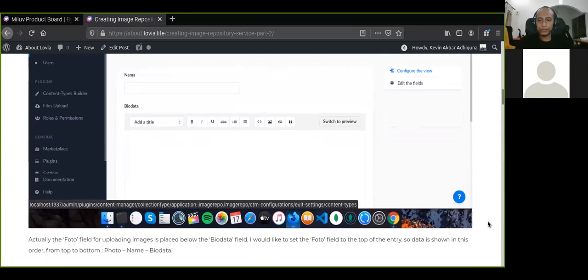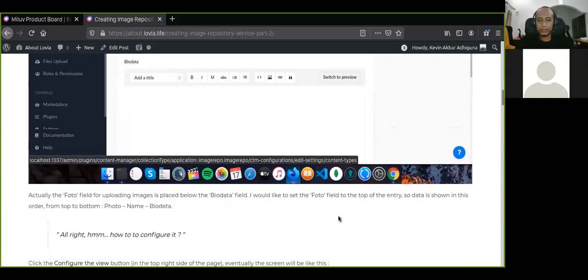When I'm trying to configure it, I just click the configure the view button